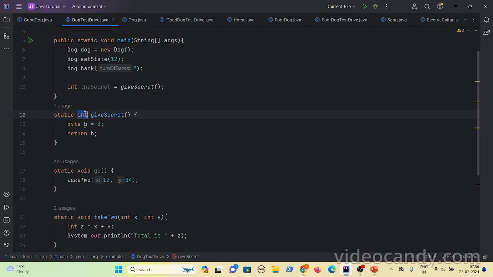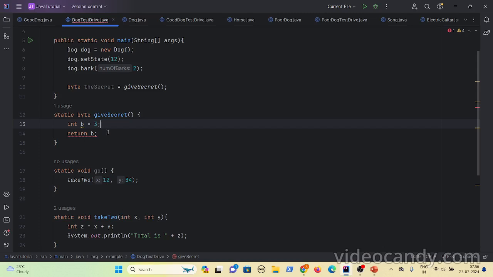Let's say here you need byte, and then here also you need byte. Now this is an integer. Now this will throw an error because the byte range is shorter than the integer, right? If you are typecasting the longer one to the shorter one, it will definitely fail. Like you have a cup of tea of 1 liter and you are trying to pour it in a 500 ml cup, it will not work. But if you have a 500 ml coffee and you need to pour that in a 1 liter cup, it will definitely work.